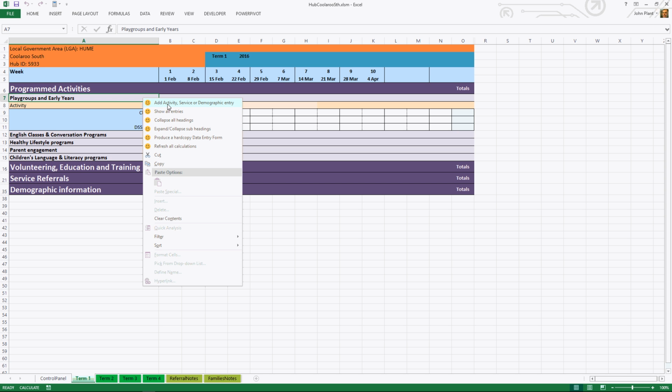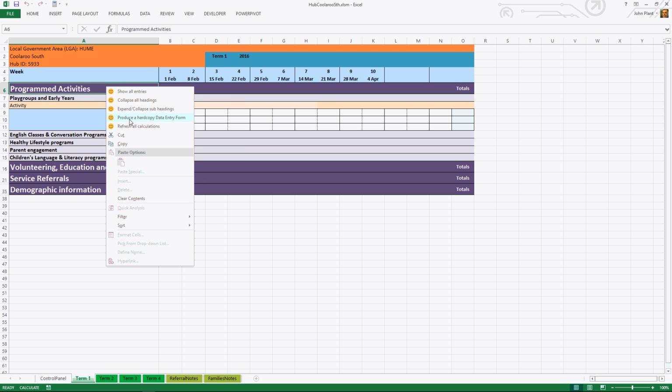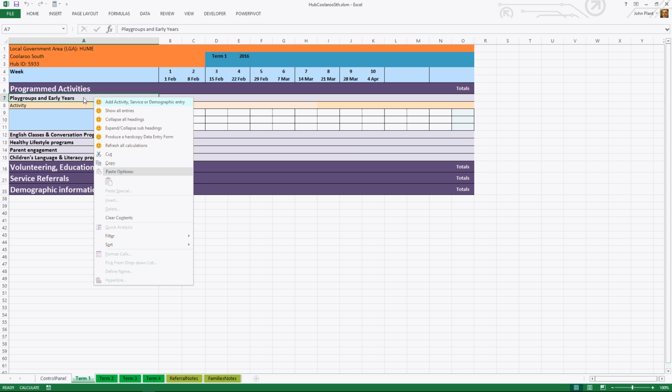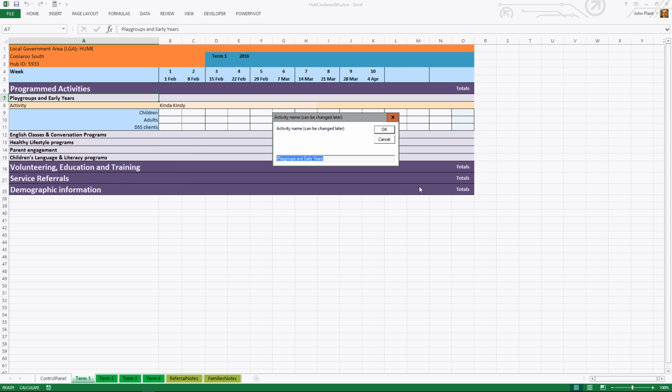But we can add further ones into here by right clicking. It needs to know which type. We don't get the add activity option at this level. You have to choose an activity type before we can add an activity, and there we go, we can add an activity again,